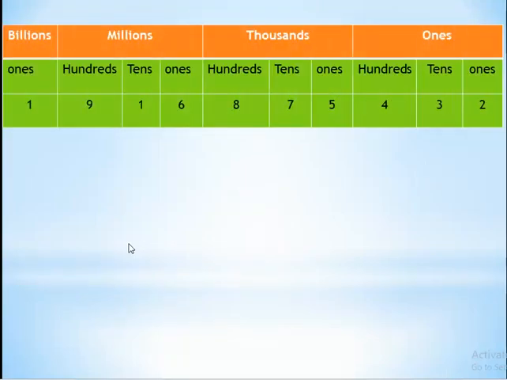Here is a table. Let's remember, we know that ones, tens, 100. This ones means thousand, and this 10,000, 100,000, million, 10 million, 100 million, 1 billion. Okay, let's read this number. 1 billion 916 million